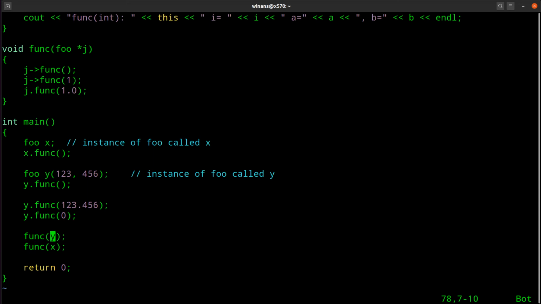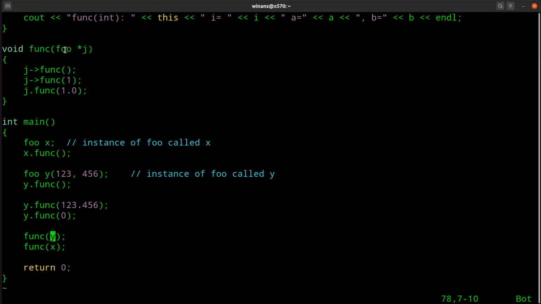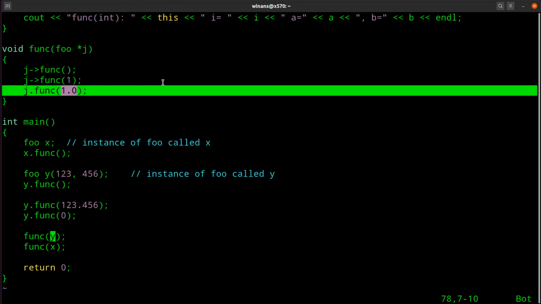I'm passing it the X and Y by value, or depending on how this thing is defined, by reference, okay? But we no longer have the reference in here. So what this means now is pass Y by value to this function here. And the compiler says, I don't know how to do that because I can't pass it by value. I need a pointer. And then the compiler is also going to gripe about this because I'm executing a member function on a pointer object